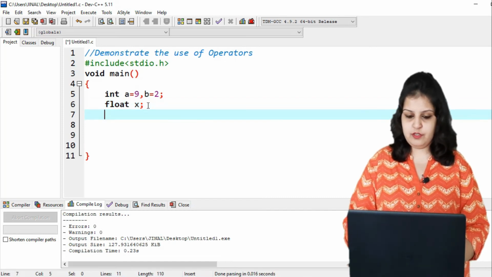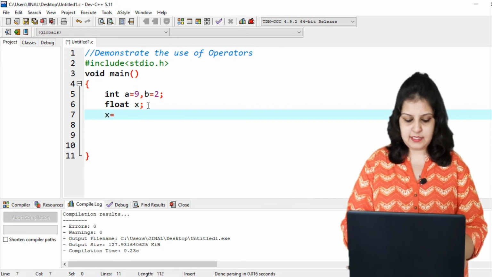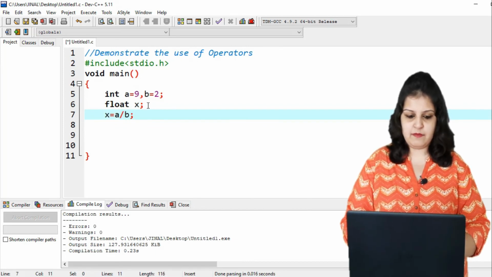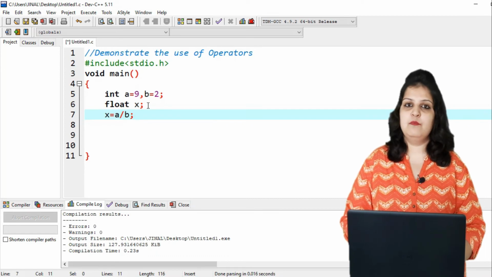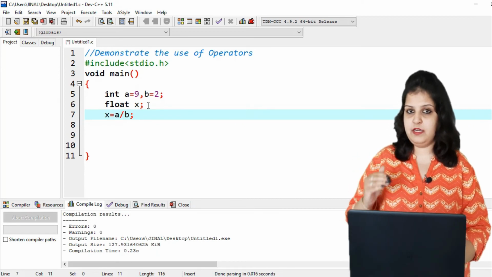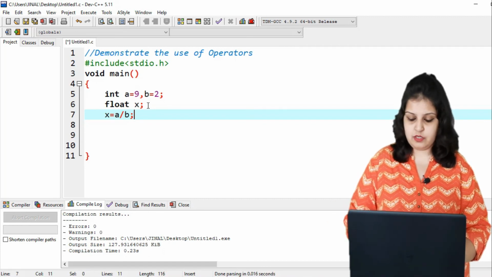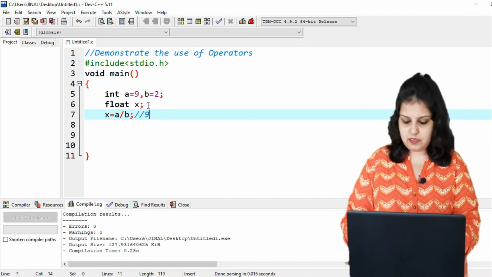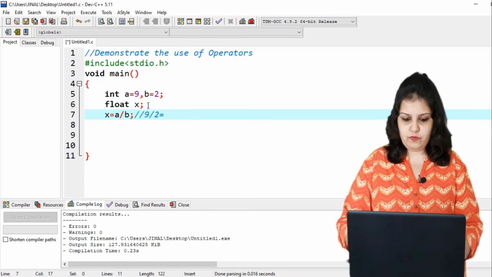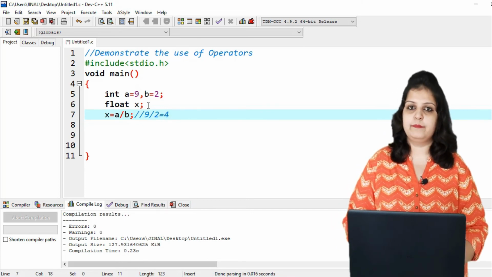So when I am writing x is equal to a divided by b, a and b are both integers. So integer divided by integer, our answer will also be an integer. So 9 divided by 2, we will get the answer 4.